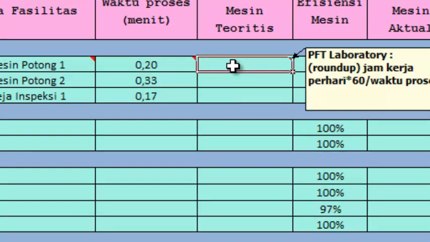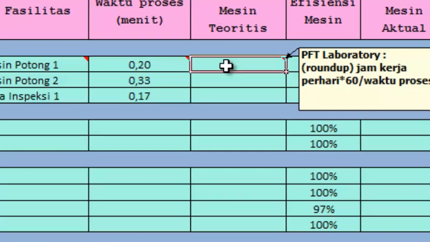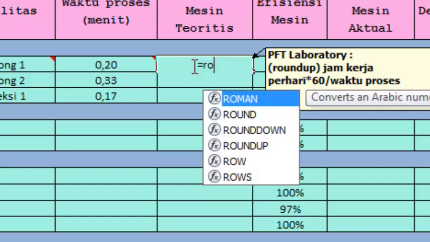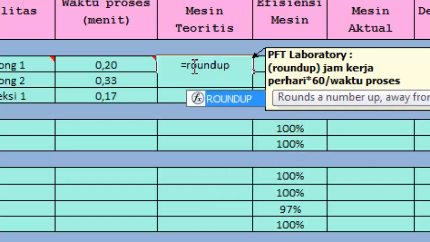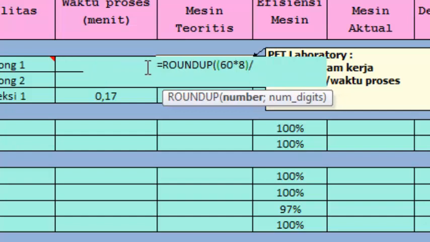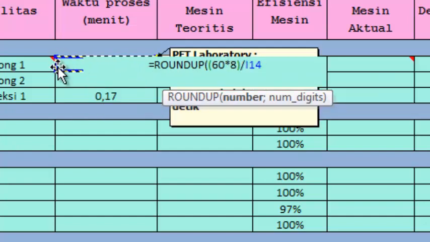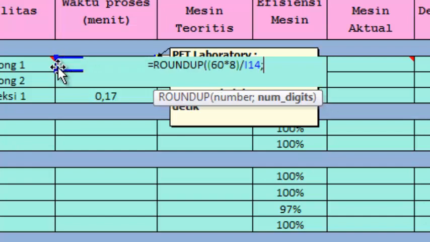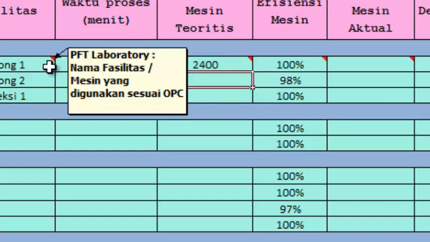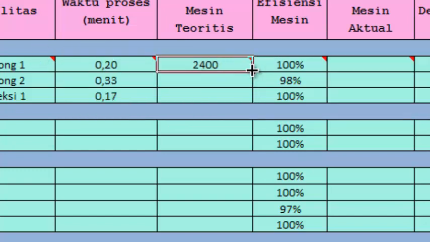Don't forget to make it in round-up form. You can drag it for the next row.